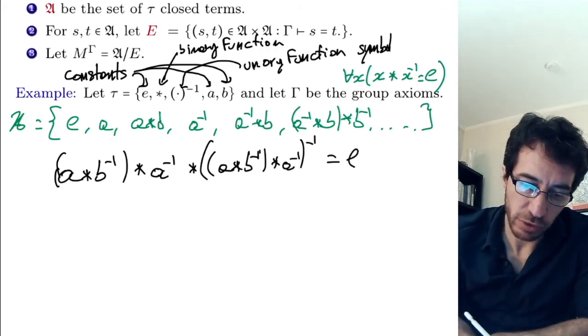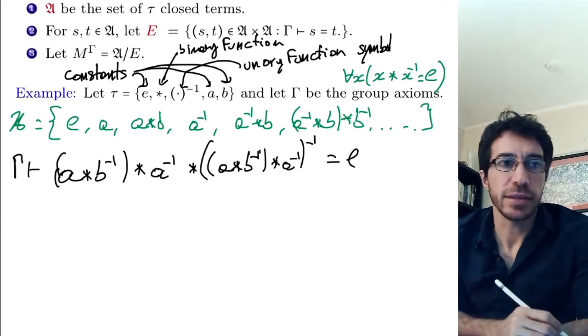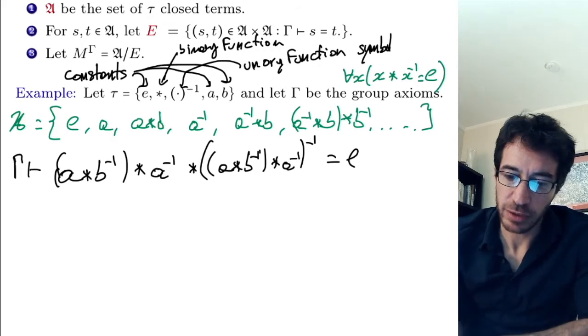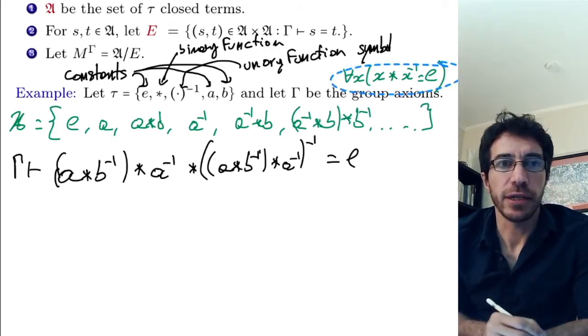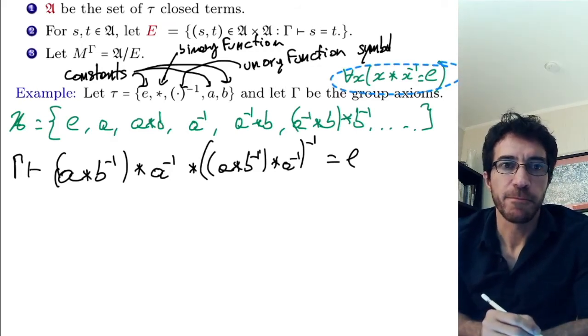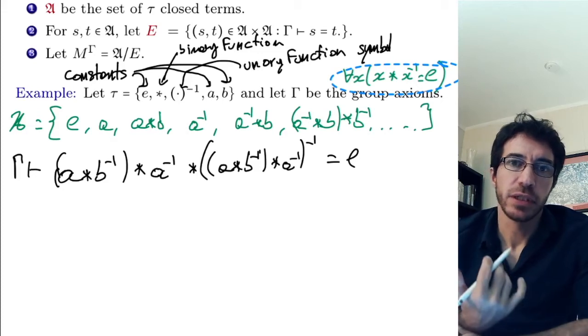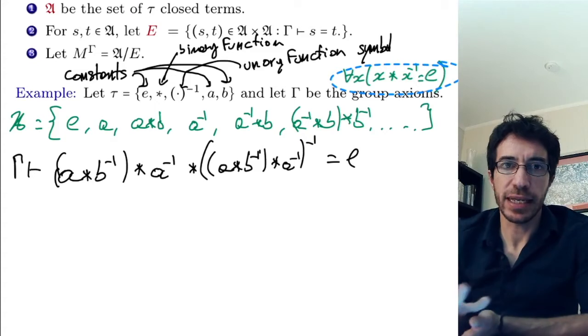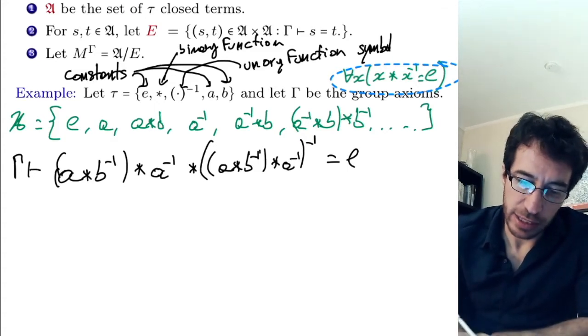So this is going to follow from gamma that this equals E because of the inverse axiom that we have right here applied to this term. So now everybody has an inverse. One thing you can show to figure out what these elements are going to look like is that